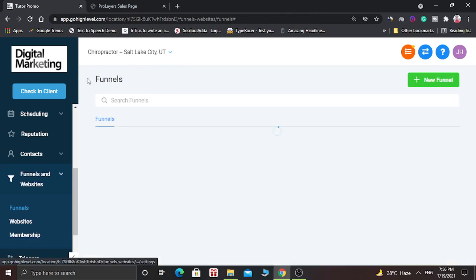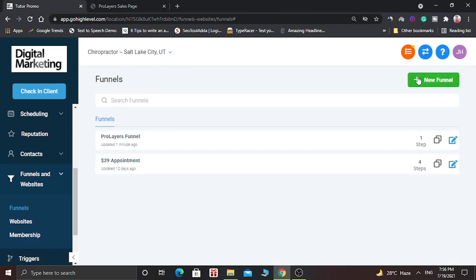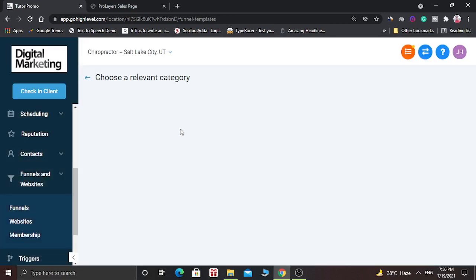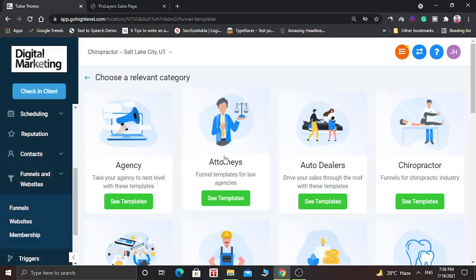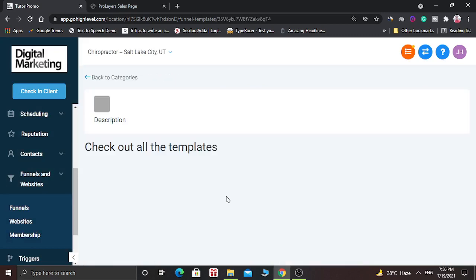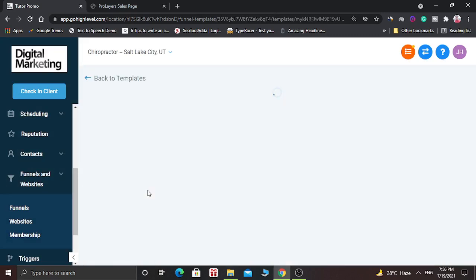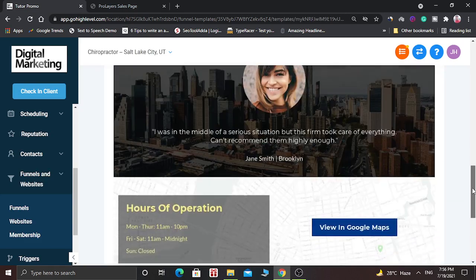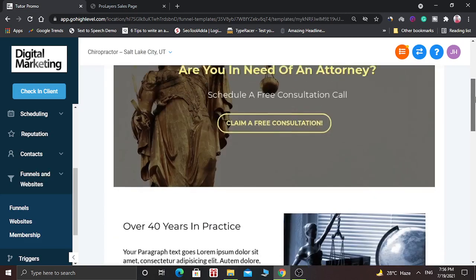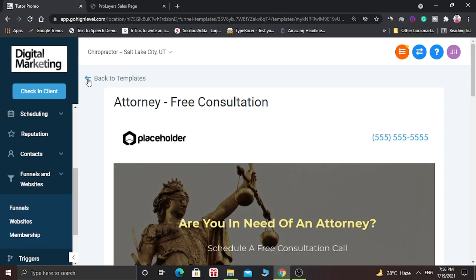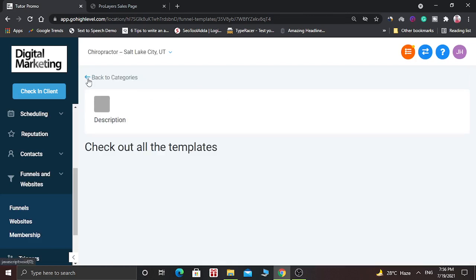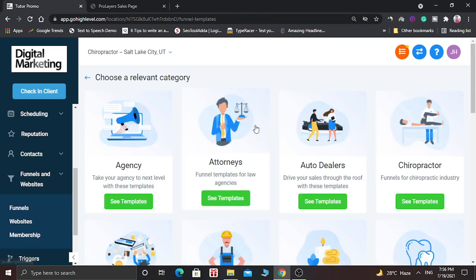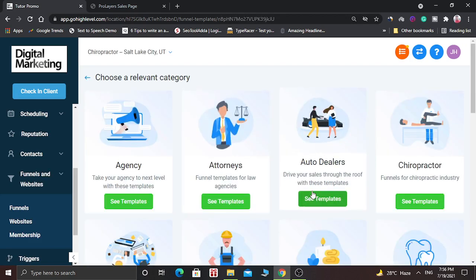So let's see what more funnel templates are available. Let's see the attorney's template. This is the template for attorney. Let's see the funnel template for auto dealers.